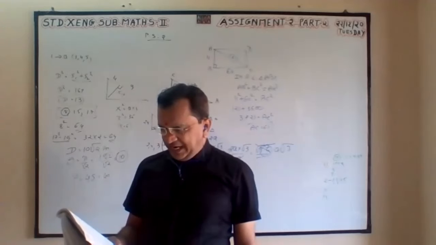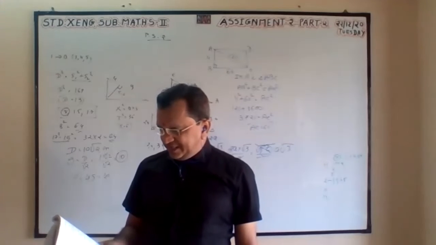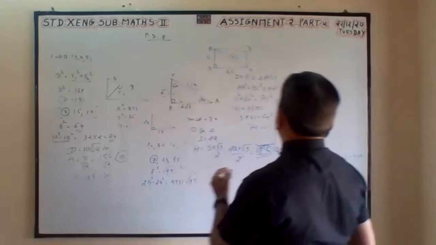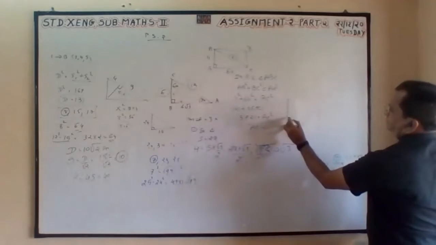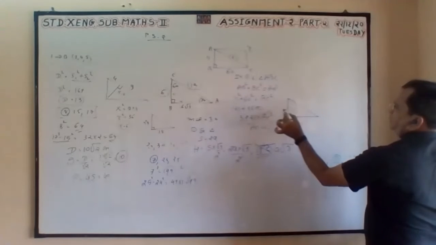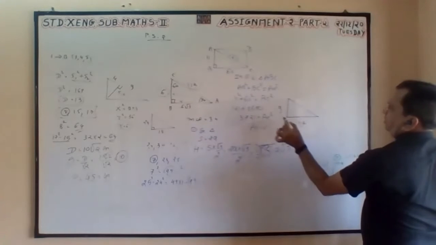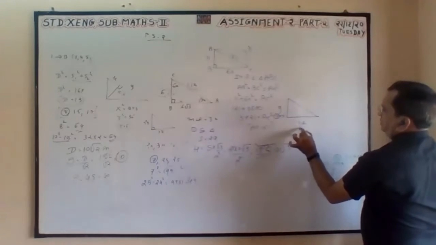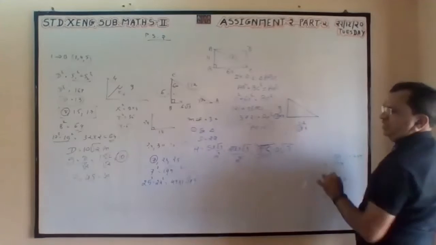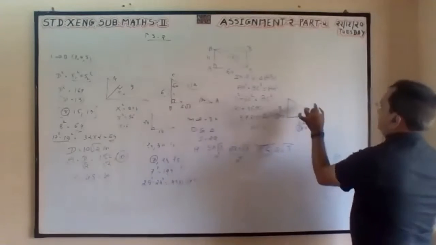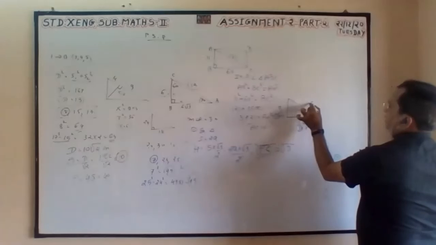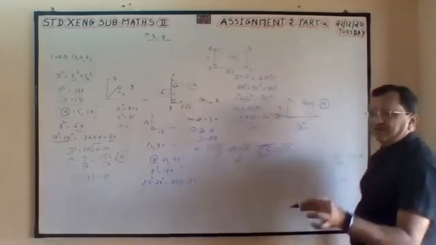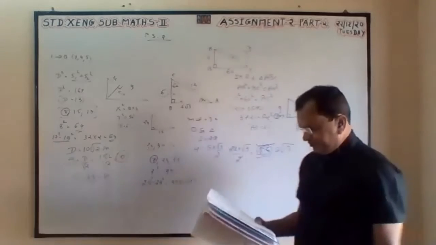Find the length of the hypotenuse of a right angle triangle if the remaining sides are 9 and 12. 9 and 12. This is 3 threes, this is 3 fours. 3, 4, 5 is a triplet. All are multiplied by 3, so it must be 15. By Pythagoras, you can calculate.